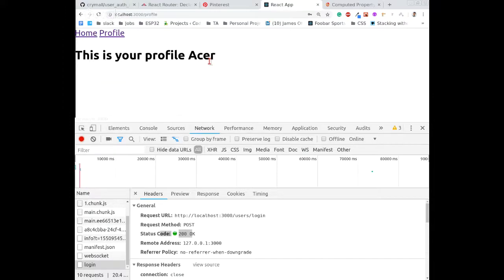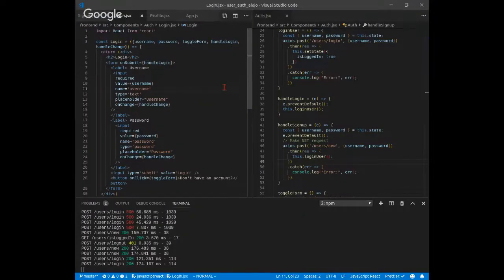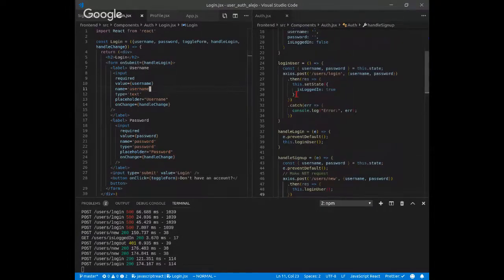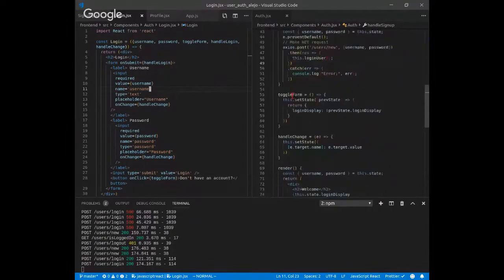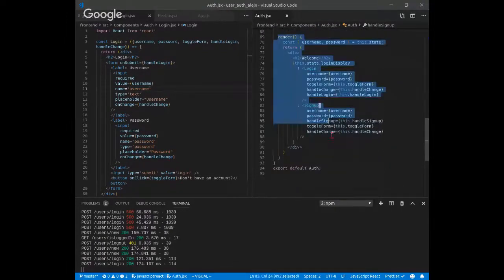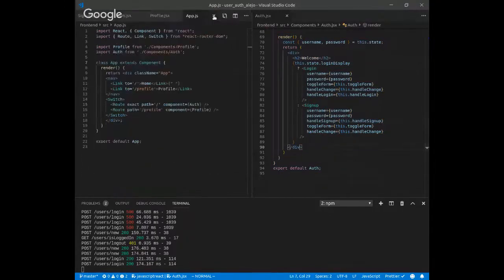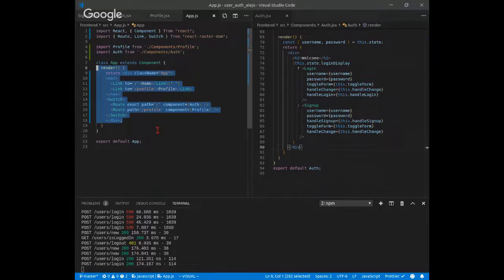So there's an isLoggedIn on the state. Can we see the return for what component? This one, the render. Wait, we don't have an app component? We have this app component that shows the links. Okay, so we need to pass some stuff around and do a ternary. If logged in,